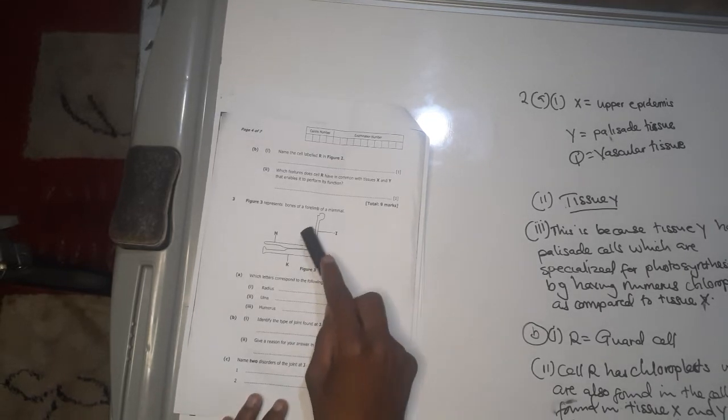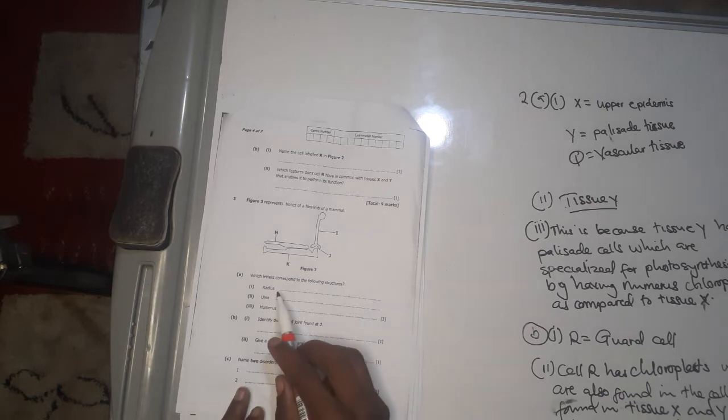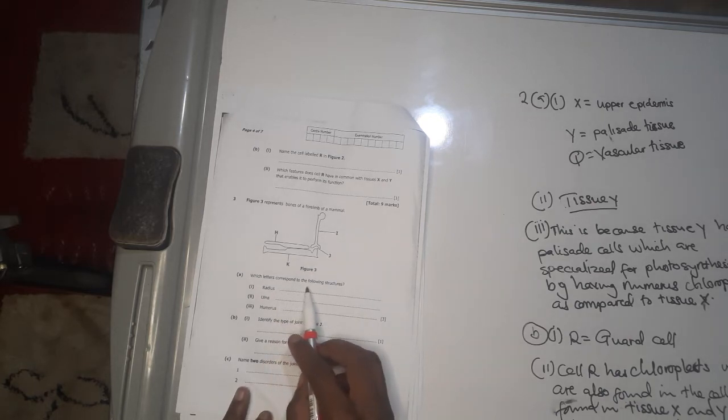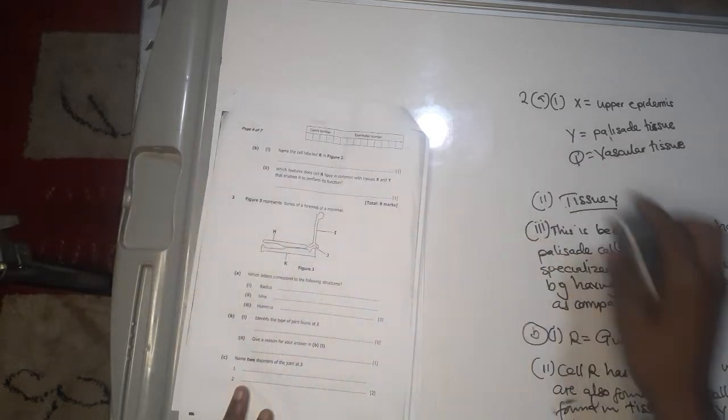Question 3, figure 3 represents bones of a forelimb of a human or a mammal. Okay, now the question is, which letters correspond to the following structures? We have the radius, the ulna, as well as the humerus. So we need to identify